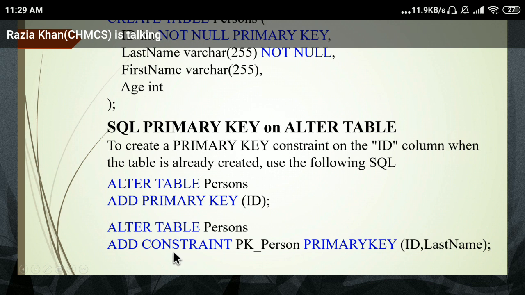Everyone just check the alter table. To add primary key, and in brackets write down the column name. So this is the second way.